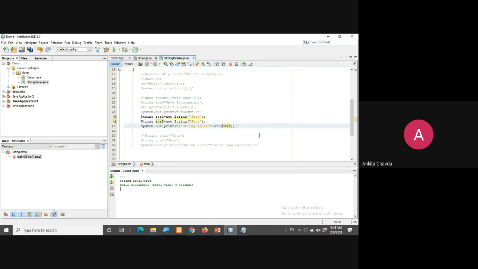Instead, I'll check with my typical equal equals to operator, with parentheses. So string1 equal equals to string2 or not, this is what I need to check. I'll run this. What is it giving me? False.